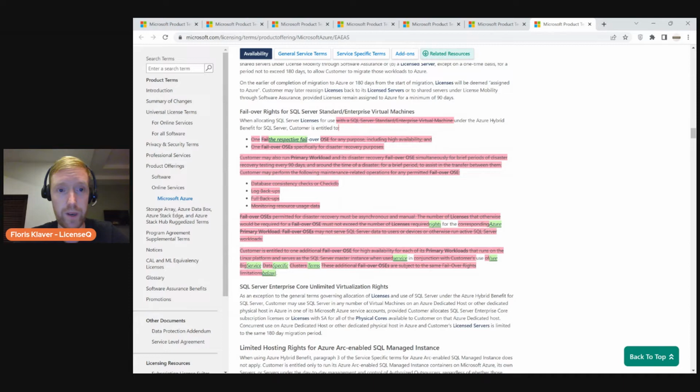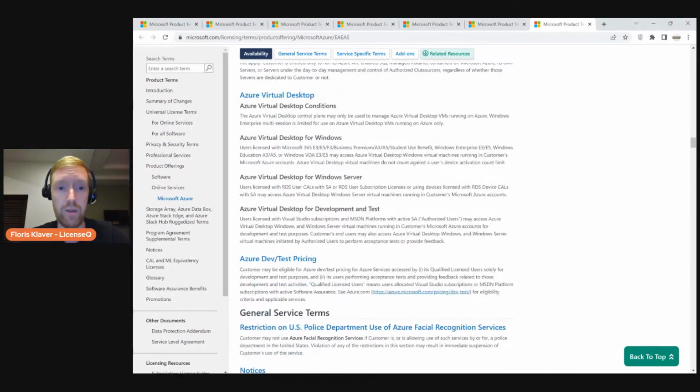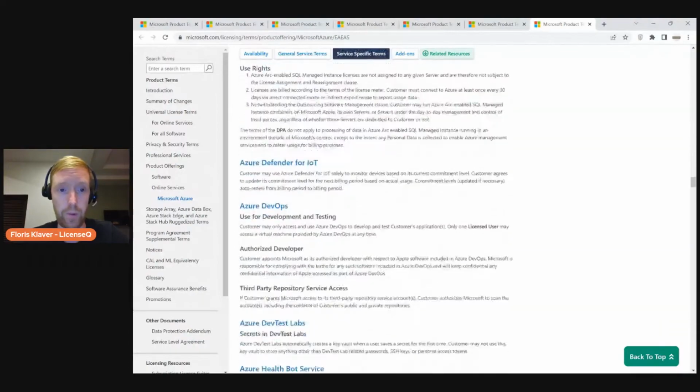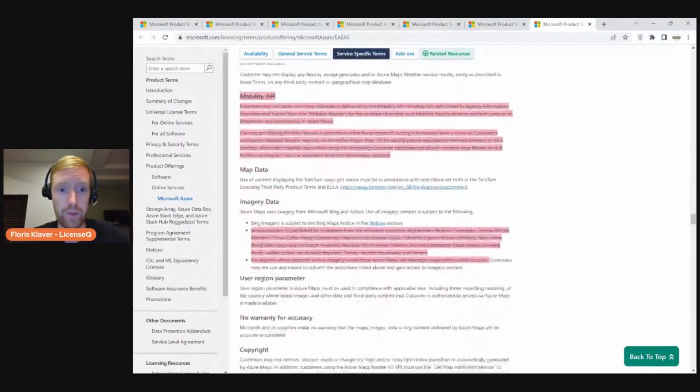It just reads, when allocating SQL Server licenses for use under the Azure Hybrid Benefit for SQL Server, customer is entitled to the respective failover rights for the Azure service in use. See service-specific terms below. So what they say here is that there are different ways for you to use this, and they have written and outlined it further below. So if we go all the way down to the bottom,